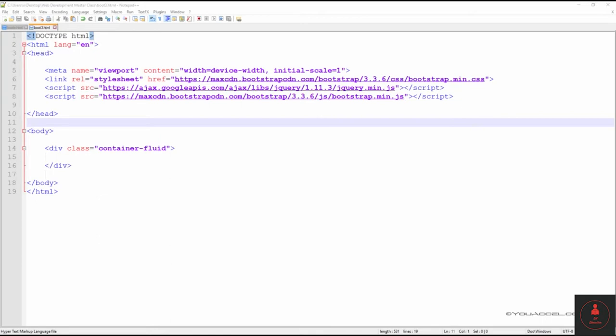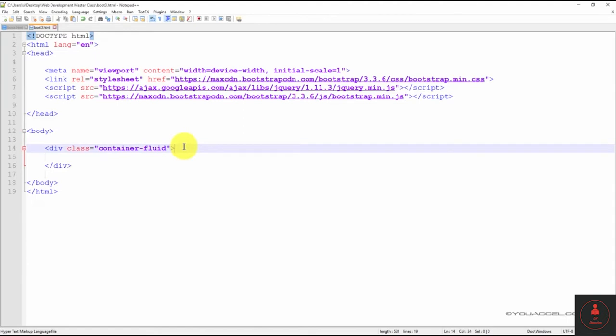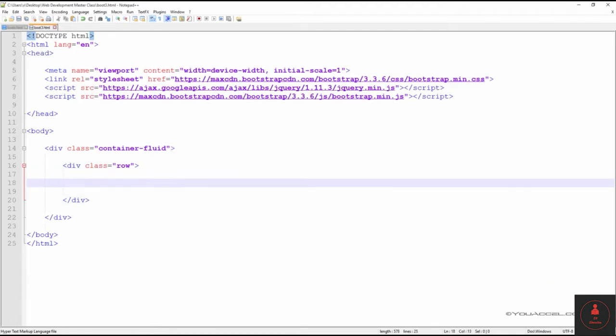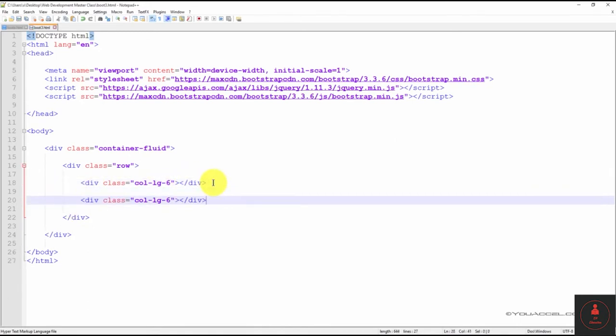First, we need to create a row that will contain our 2 columns. This row will be nested within our container. Next, we'll create our columns. So there's the first column, and I'll copy and paste the second. Here, the